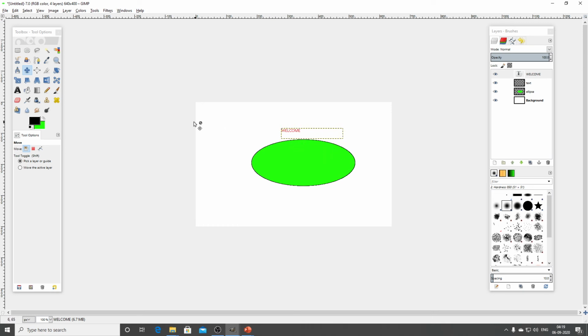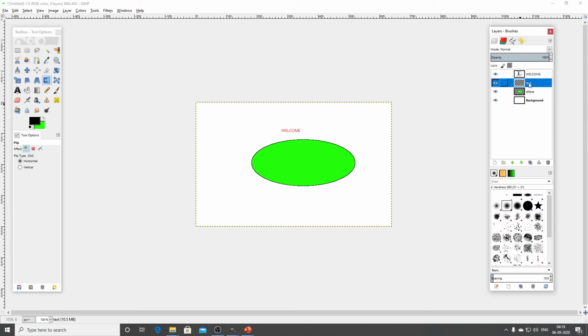Now I use the flip tool. How would you change it? I just click the flip tool and click the same text. I just select the text, click the flip tool and place it.